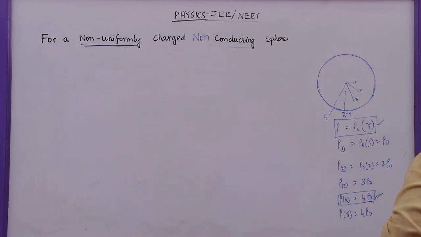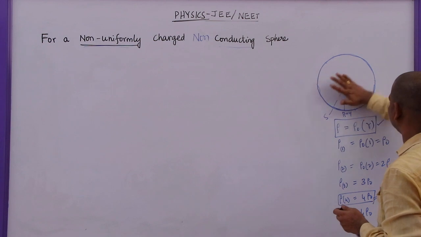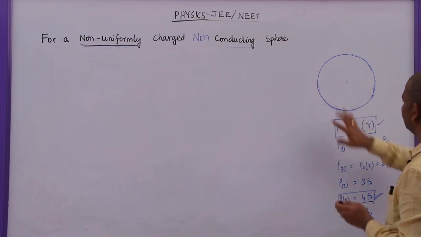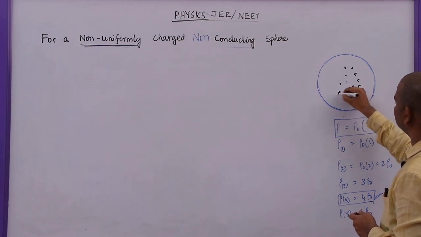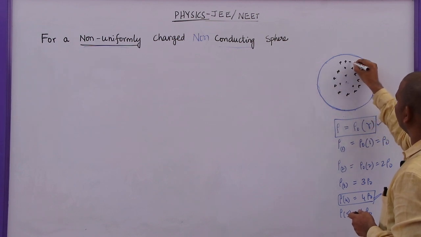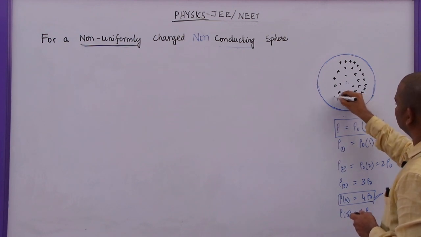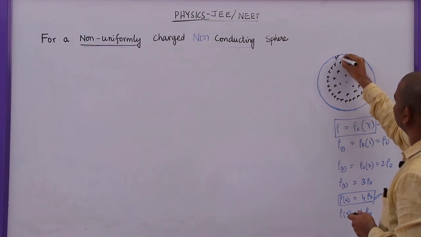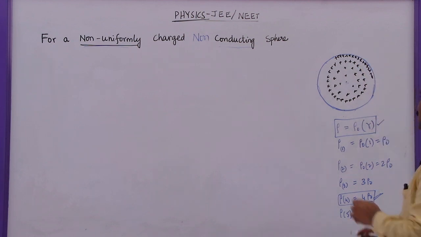Now, how to find out electric field due to this type of charge distribution? Here, the charge at center is 0, and if you move away from the center, charge is gradually increasing. Here charge is not there. Here 3 charges, and after that the charge distribution is more. As the distance increases, the charges are increasing, and in the next layer the charge distribution is too high. That means the distance between the charges is negligible like this. Here the charges are very near to each other. I think you got the idea.